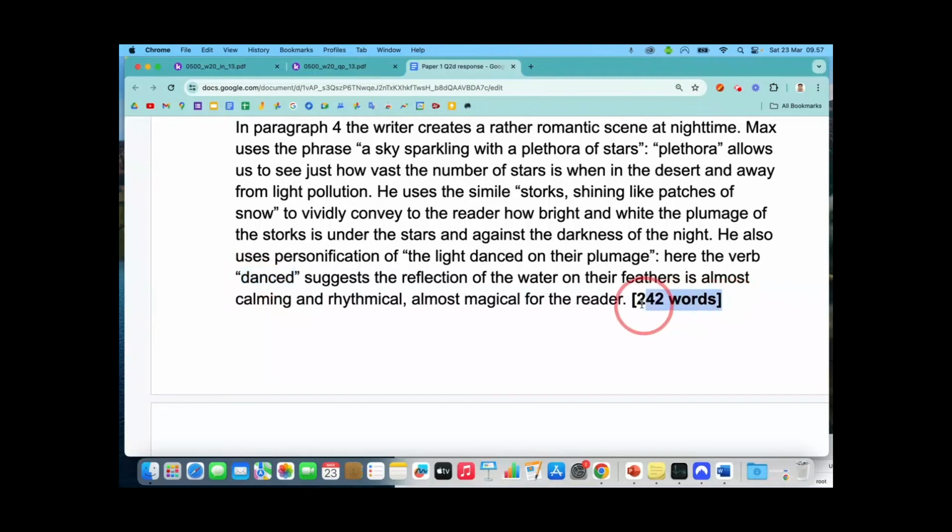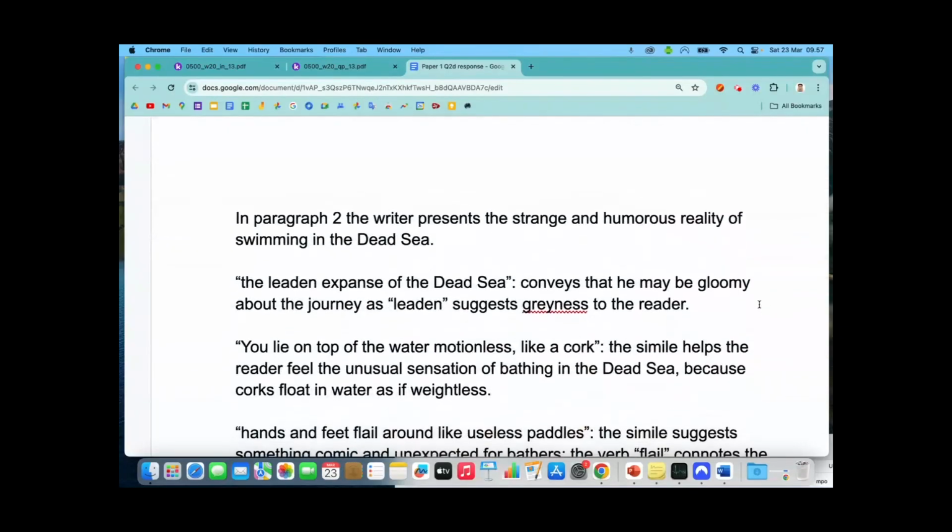And as you can see, I don't need to worry too much about the word count, but it is about being quite brief. The word count says 200 to 300 words. Really more to help you be really kind of precise and concise with your response here. You don't want to spend too long on this, though it is worth 15 marks. So the other way of doing it is like this.